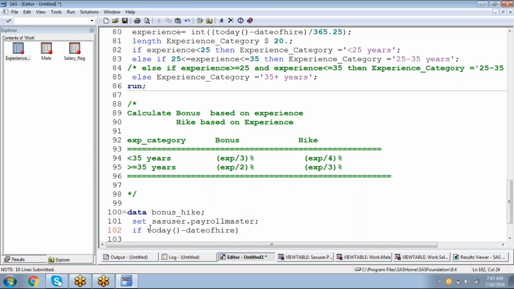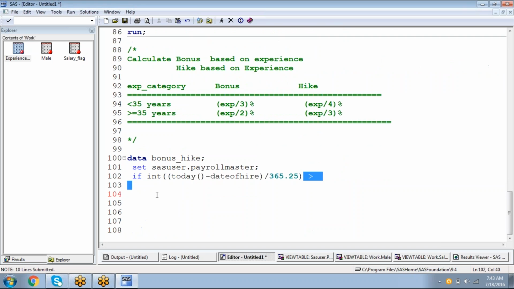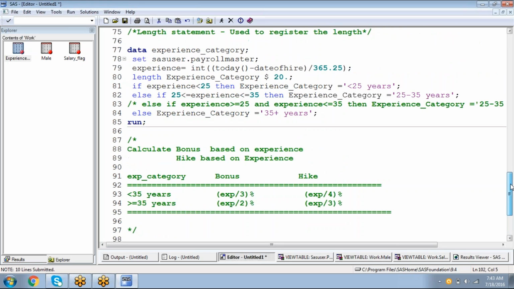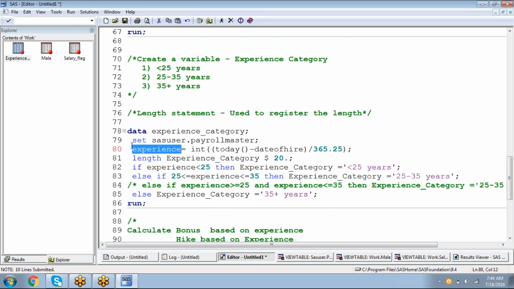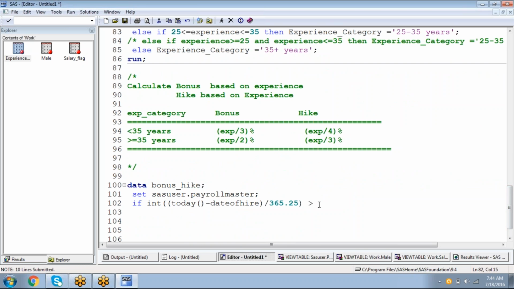divided by 365, right? By 365.25, and you will take either the integer portion or the rounded portion. If this value is greater than, I'm not creating any variable now. I'm simply using that expression in the condition, straight away. Earlier I calculated experience separately, and I used that in the if statement. Now I'm directly using that expression in the condition. So if this value is less than 35 years,